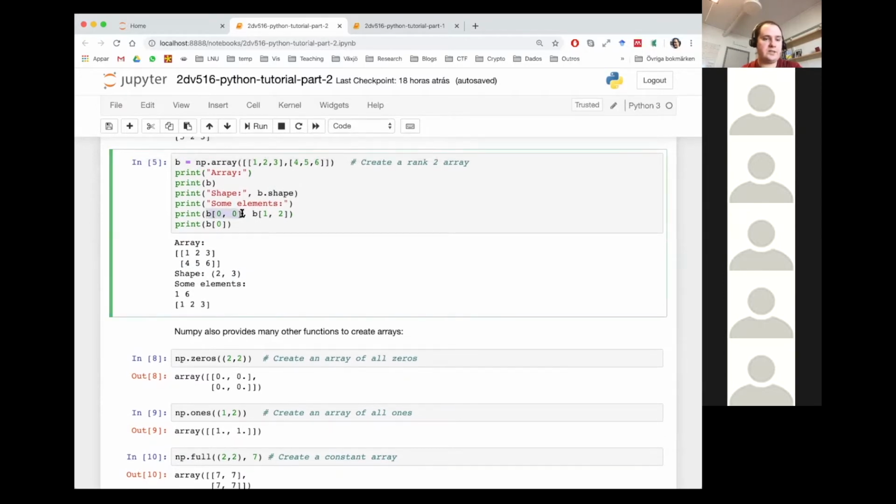And then there is this special type of indexing here where you can do it like this. So for example, B 0, 0, I'm basically saying I want